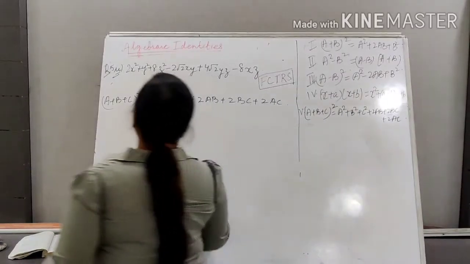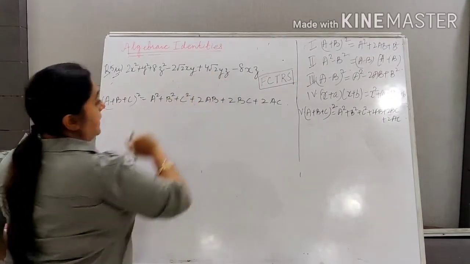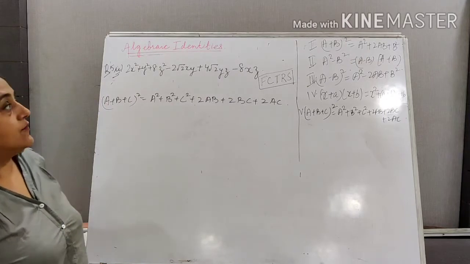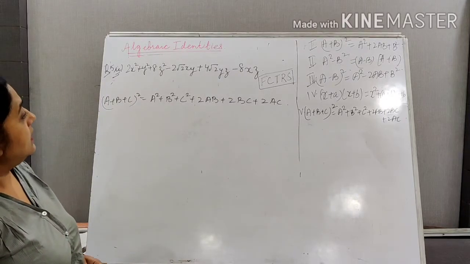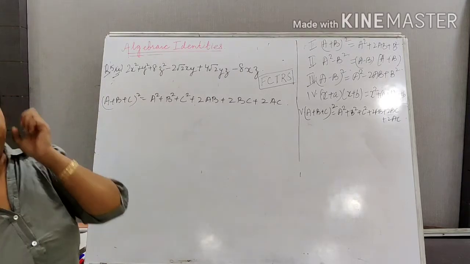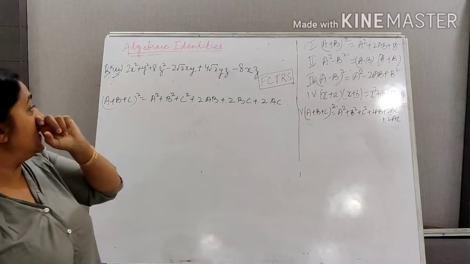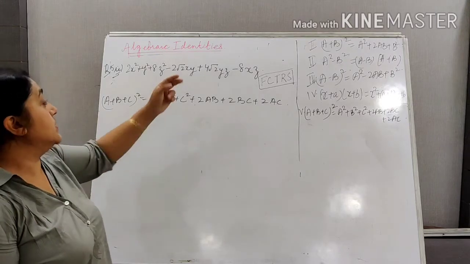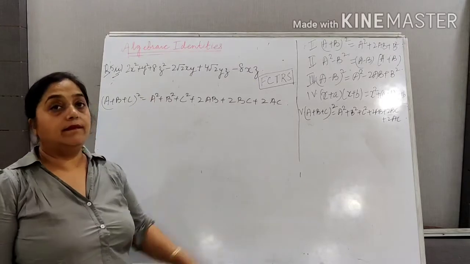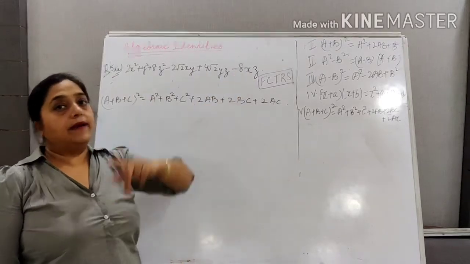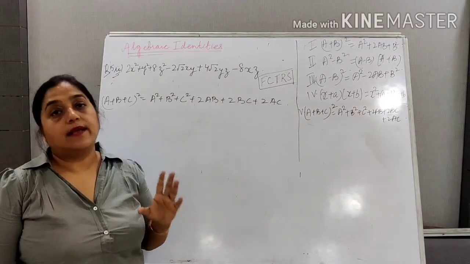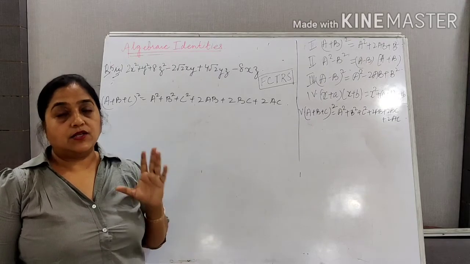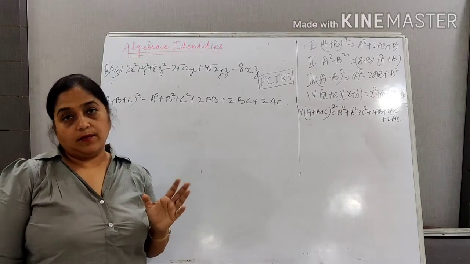Right? Again, it has some negative signs inside. So you have to first make out which terms are negative, either a, b or c. Can you see in the question, we have xy negative and we have xz negative. That means our x is negative. That is sure. Y and z are positive.